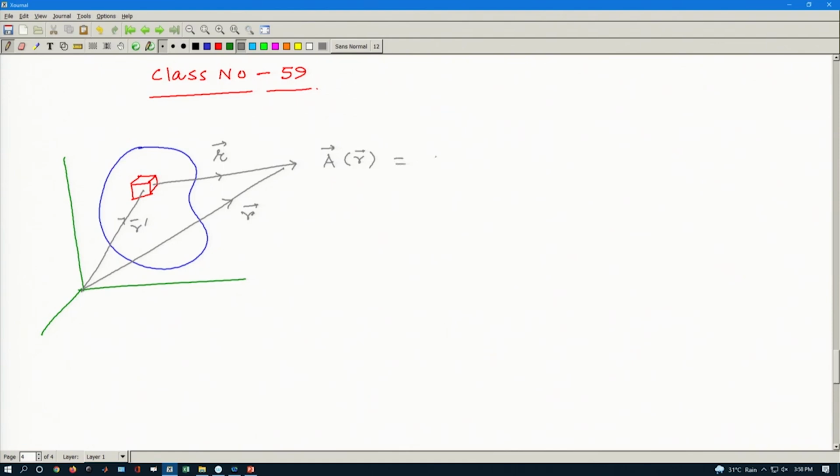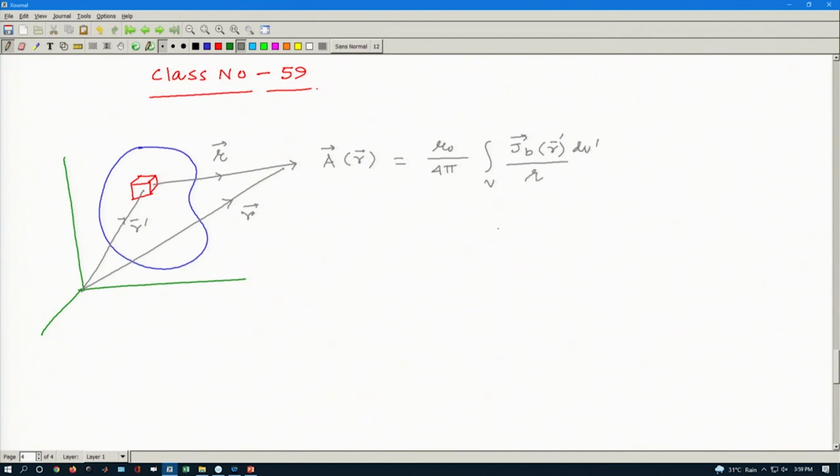One term was mu 0 over 4 pi, and that was related to the bound volume current density, we called it JB prime dV prime